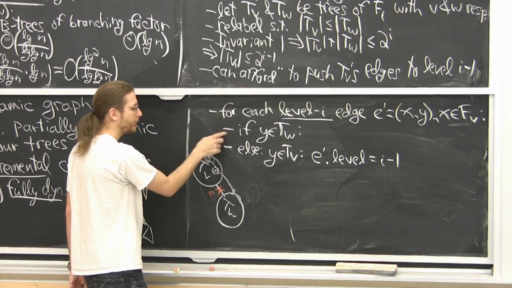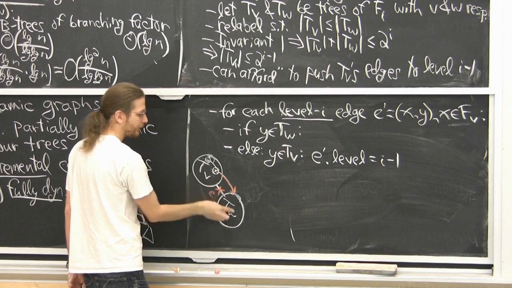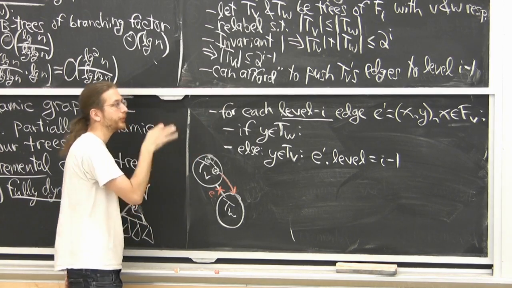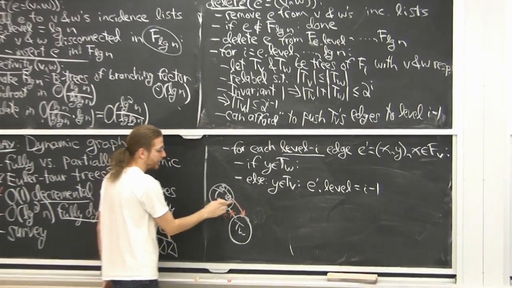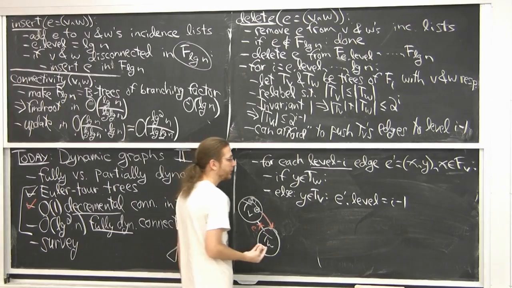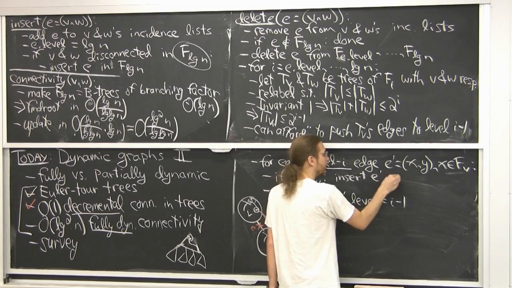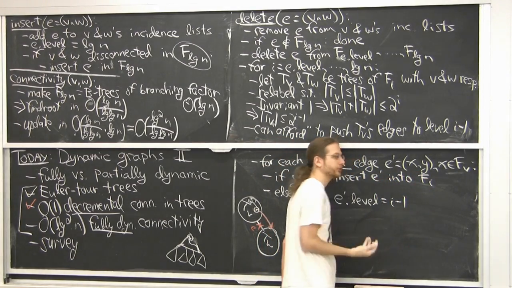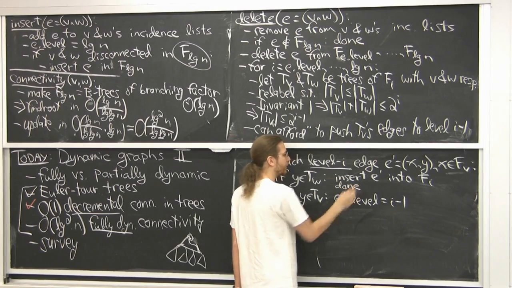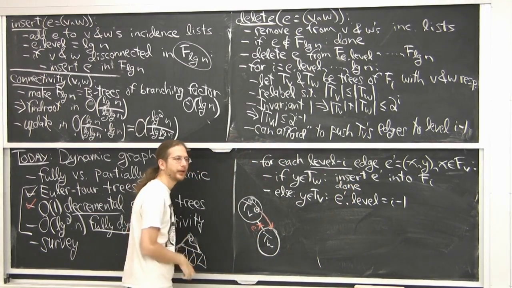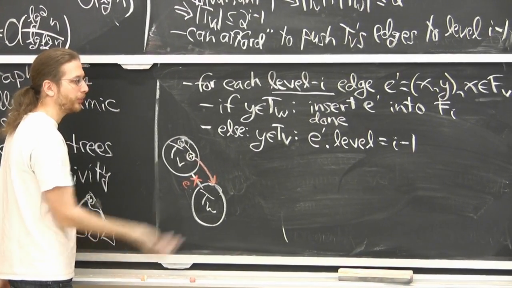Great. What about the other case? The other case is the good case. That means we found a replacement edge for E if we have an edge from TV to TW at level I. We did these levels in order. Did I say that? Yeah, we're doing levels in order. So if we can find one, this is the lowest level replacement edge. So we insert that edge into Fi using an Euler-Tour tree insertion. And then we're done, so we stop the algorithm. The moment we find a desired edge, we're happy. Now, maybe there are lots of edges, so we've got to stop when we find the first one. Then we've restored our minimum spanning forest property.